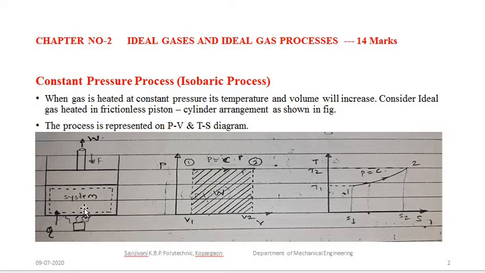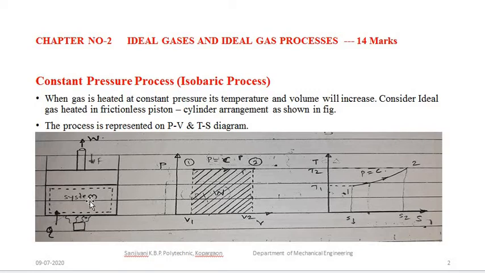Now when heat energy is supplied, we know that there is an expansion of the gas, that is, molecules of the gas get expanded, and because of that there is a movement of the piston towards the outer side. So the volume is increasing. As heat is added, the temperature is also increasing and the pressure also increases, but what we are assuming here is that the pressure is remaining constant. So whatever increment in the pressure intensity is there, we are suppressing by putting weights on this piston, so that we assume the pressure inside the system remains constant.